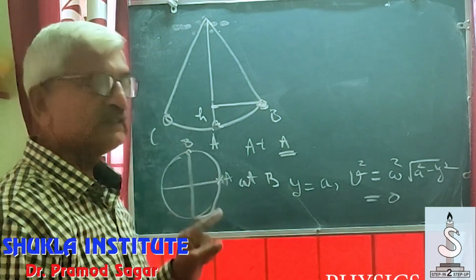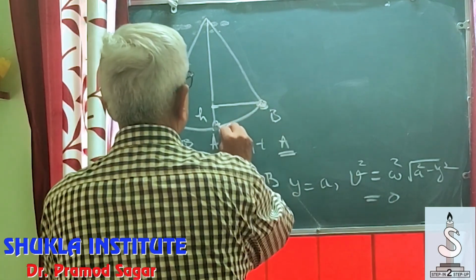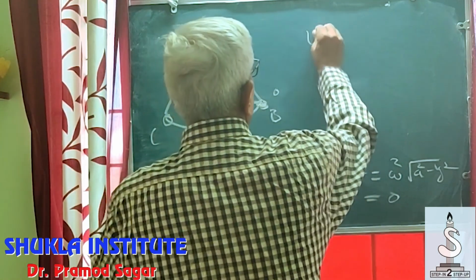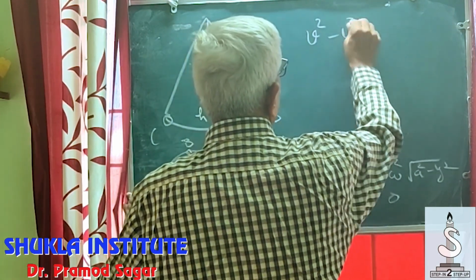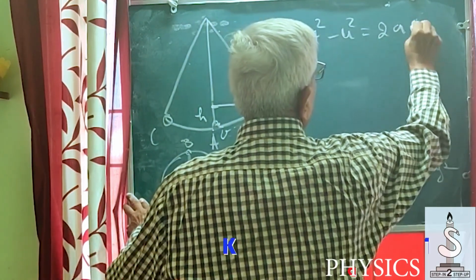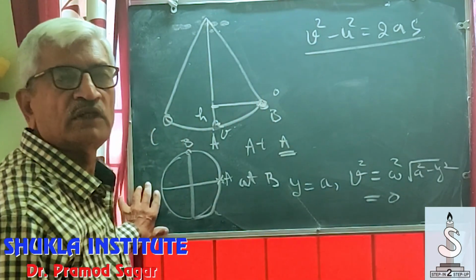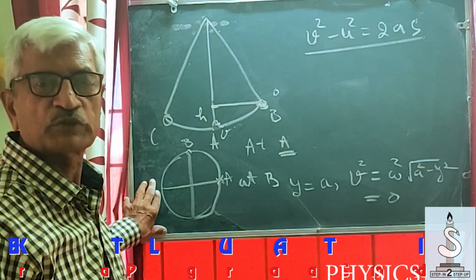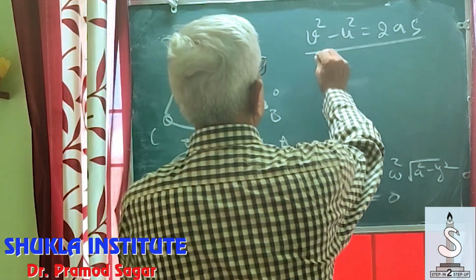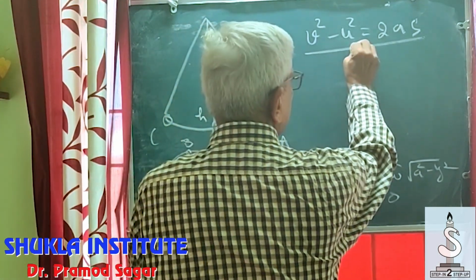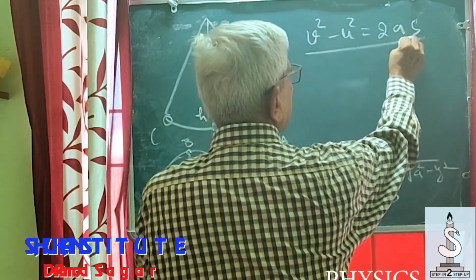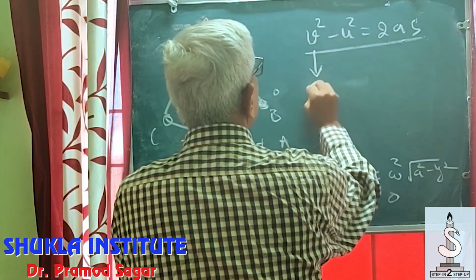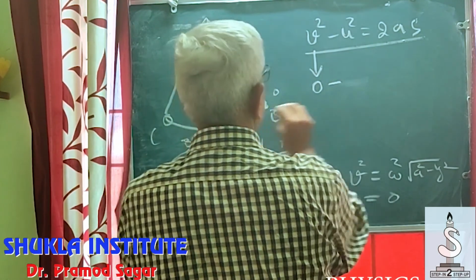How much is the energy spent? Here the velocity is v, here the velocity is 0. So v square minus u square is equal to 2as, one of the very general relations which we have talked about in one-dimensional linear motion of any particle. Now in this case, this is the final velocity, this is the initial velocity, this is 2, this is acceleration, and this is displacement. The final velocity in this case is 0, minus initial velocity was equal to v,